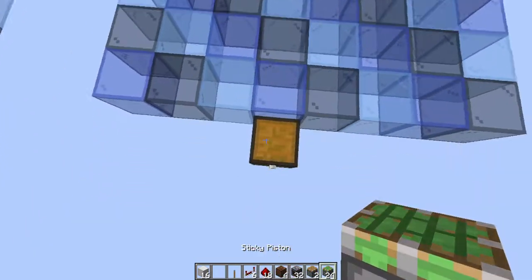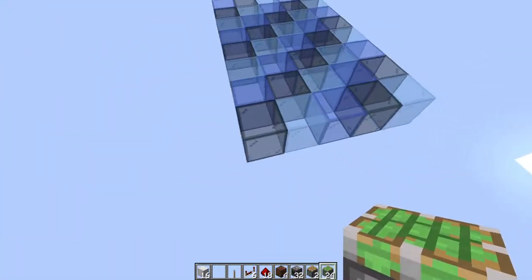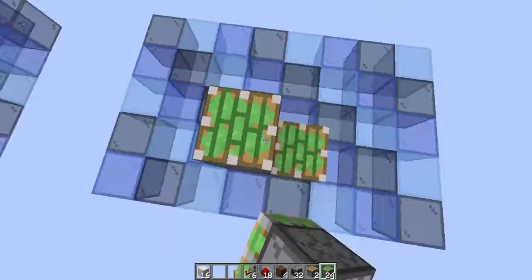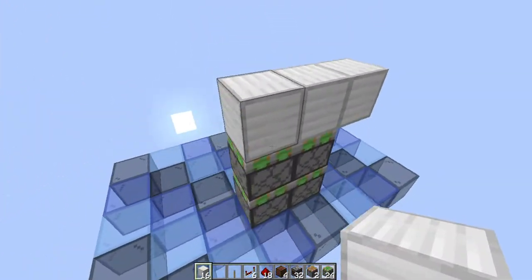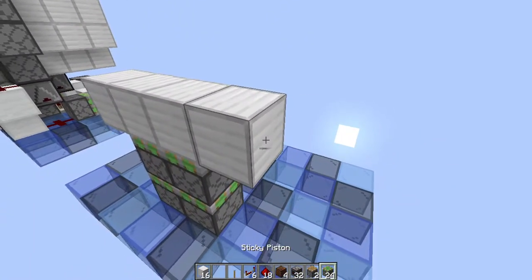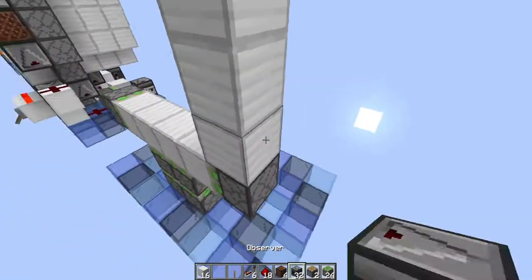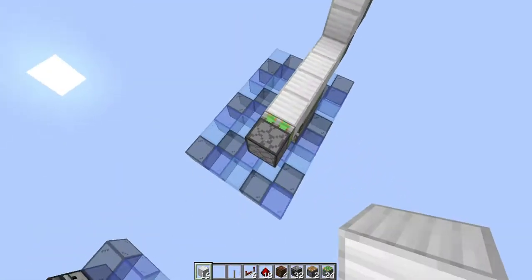You're going to start by finding your area. Your area should be 8 blocks wide, 5 blocks long, and 11 blocks tall. Once you have found your area, come to the 2 middle blocks, go 1 block in, and place 4 sticky pistons going right up, and then just a line of 4 blocks. Then add 2 sticky pistons on either side going into the blocks. Then add all the blocks right here, and then just kind of make the 4x4